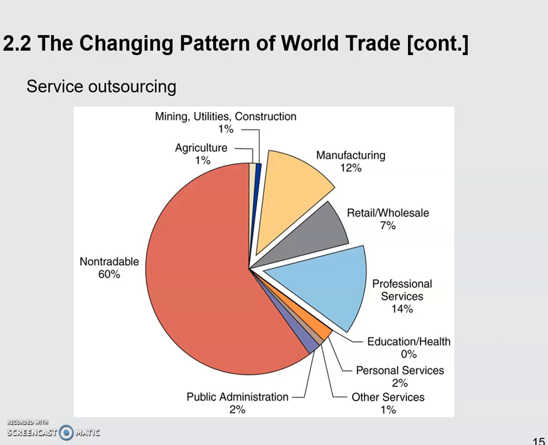Okay, for example, the barber service, the haircut, it's not tradable, right? So the barber and the customer, in most cases, have got to be in the same country, right? I cannot take a flight to Canada and get my haircut over there and come back for dinner, right? For most of us, that's impossible. But